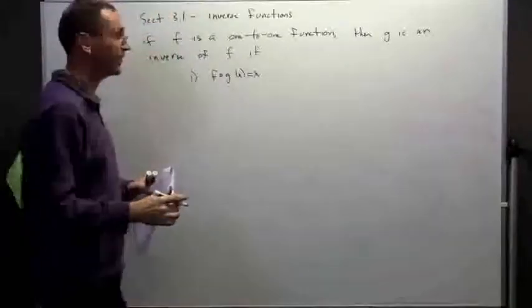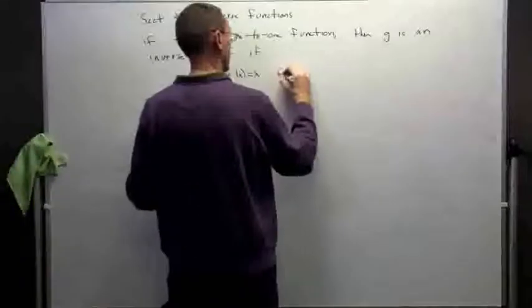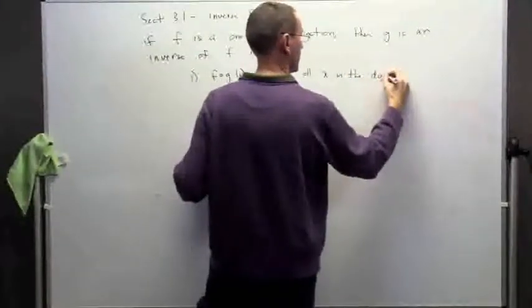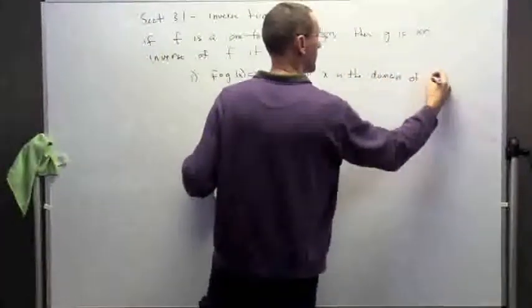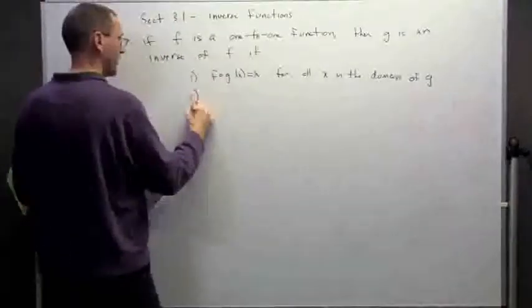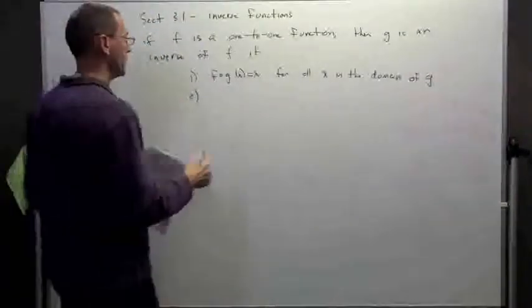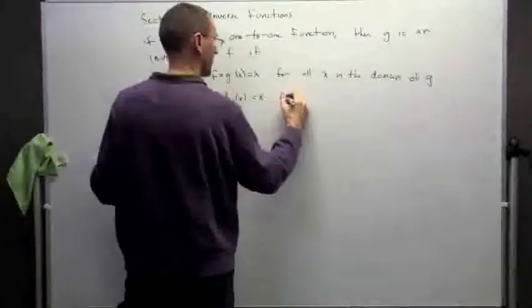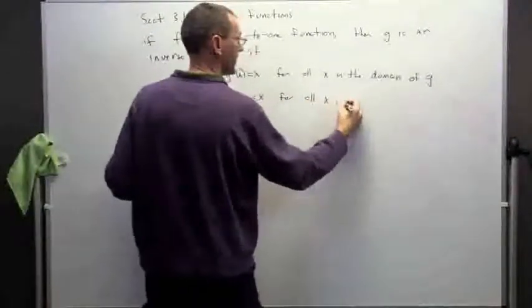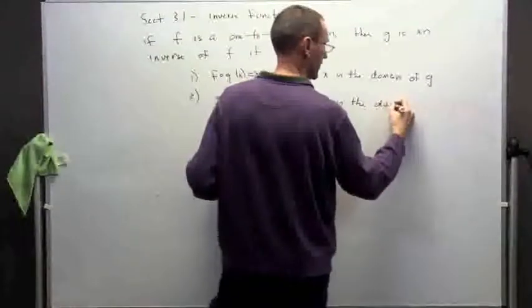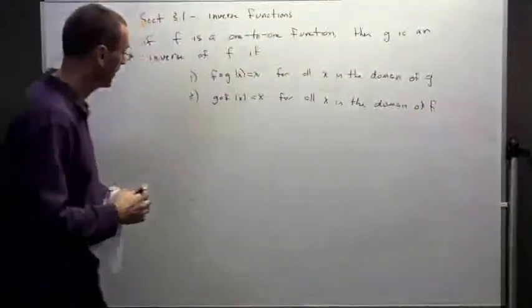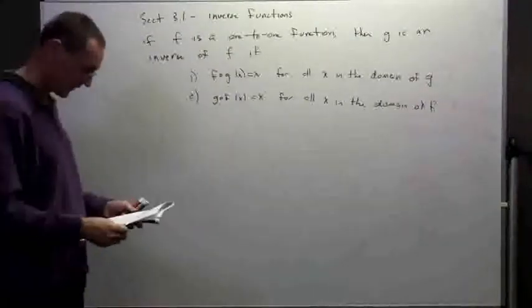F of g of x is equal to x for all x in the domain of g. And I also need this as well. Both of these have to be true. G of f of x equals x for all x in the domain of f. Okay? Both of those things are true. Life is good. So I'm going to look at